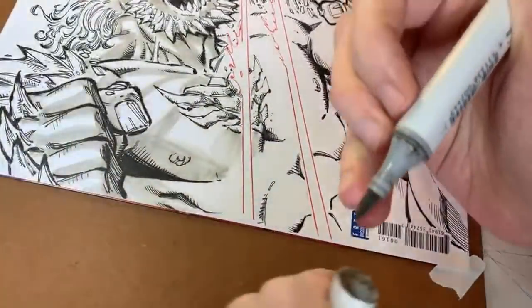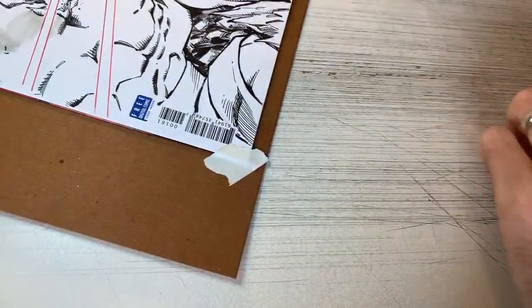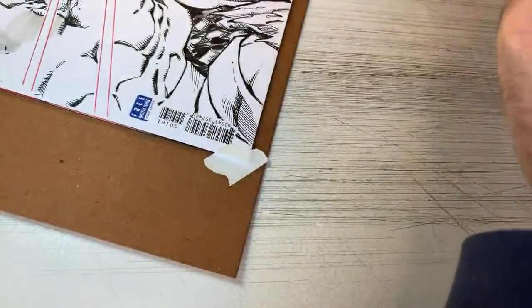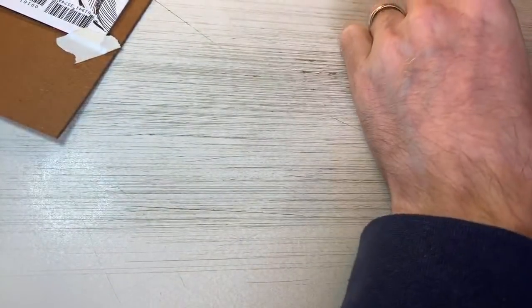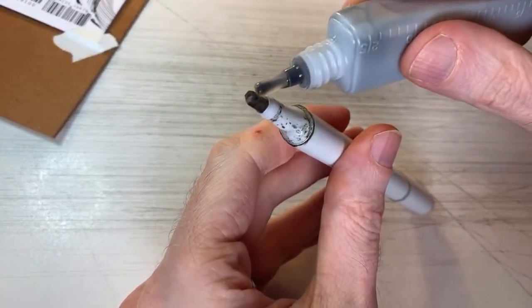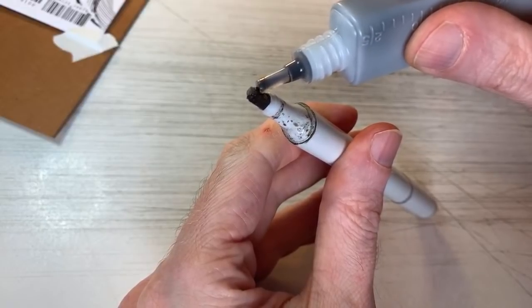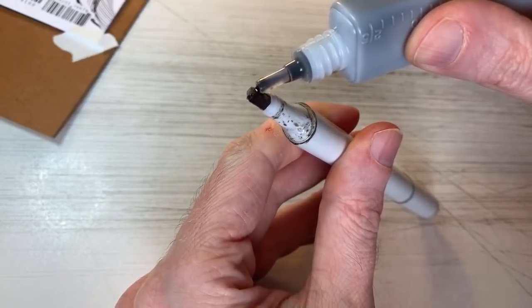Okay, looks like this warm gray 3 is running kind of dry. I thought I had enough ink in there, and apparently I do not. So what I'm going to do is just do a quick, semi-quick refill here. You get these refill bottles. You can get about 10 to 12 marker refills. Sometimes you can use a booster pack, this booster needle to refill the marker, and then sometimes when you're not able to do that, you can just gently squeeze the ink onto the broad tip and let the ink run down into the reservoir